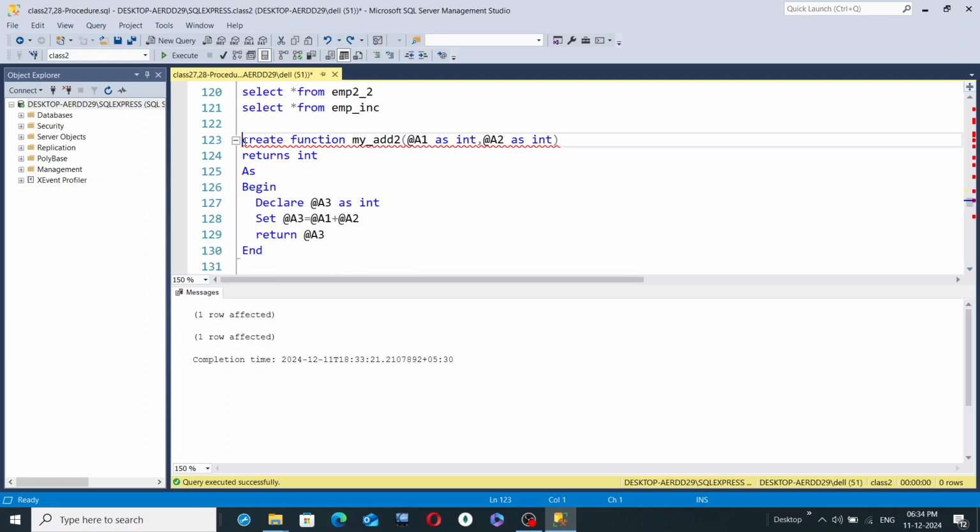Give the command create function, then give the function name my_add_two. This is used just for addition purposes. For that purpose only, a function is created, and then give the parameters like @a1 as the first parameter, data type is integer because we will be doing addition, so we will need integer values, comma @a2, the second parameter, also an integer type. Then in the next line, in the case of a function, we have to write the returns statement, and after that the data type,